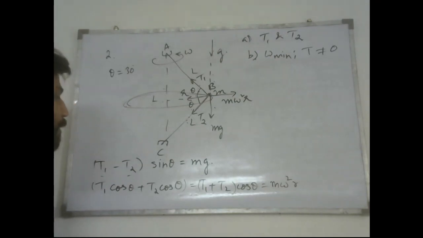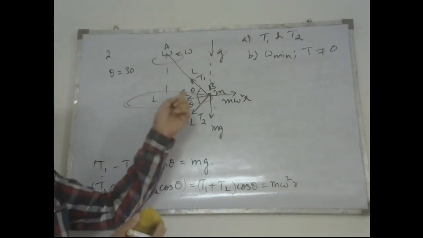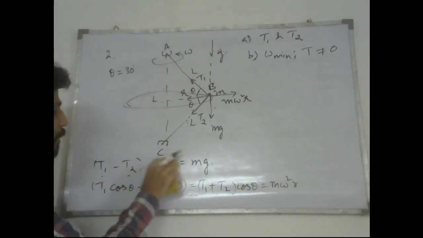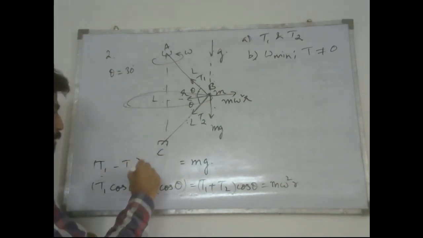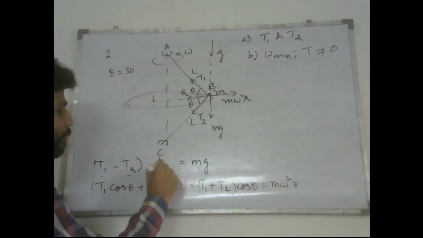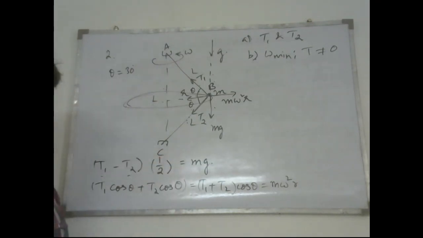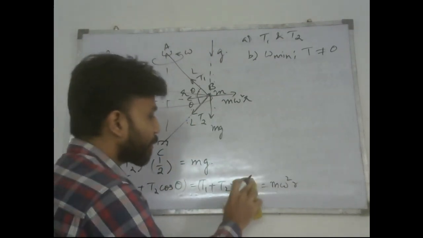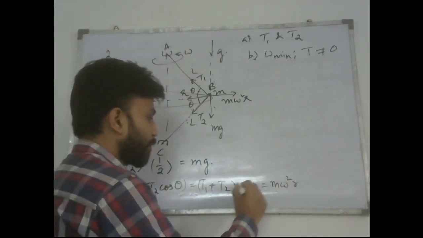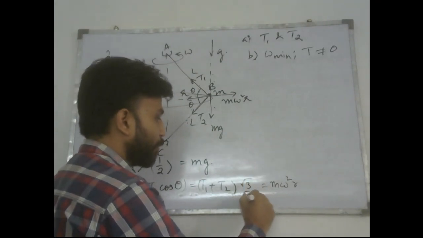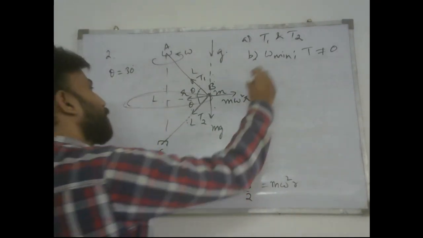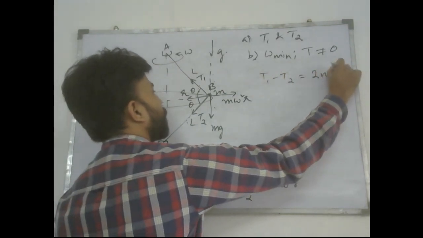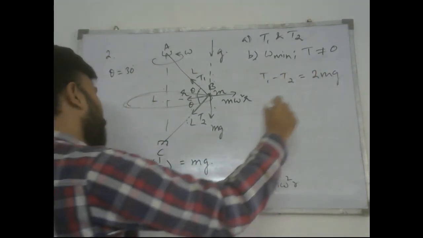The value of sine theta is half, because sine 30 degrees is equal to half, so we can substitute half in place of sine 30, and cos 30 degrees is root 3 upon 2. So this gives us the equation T1 minus T2 is equal to 2 mg, and T1 plus T2